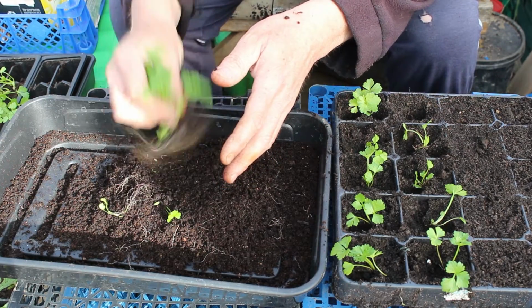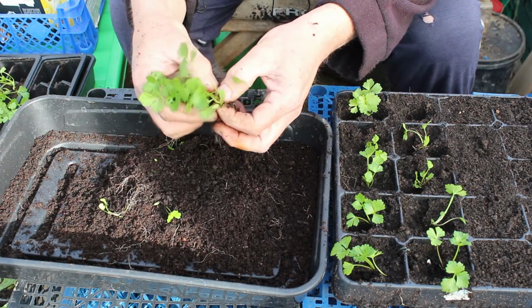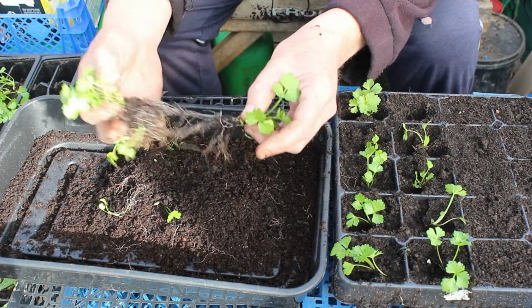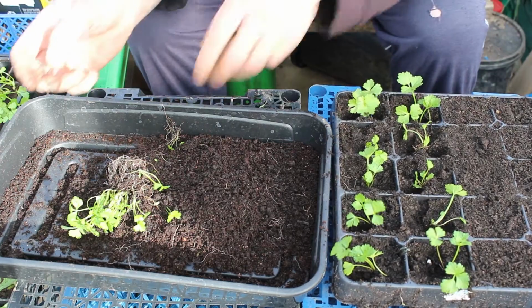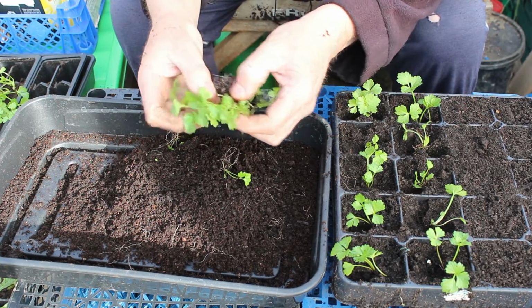Another thing this method works really well for is leeks. You sow a load of leeks in a pot. You might have 30 or 40 leeks. Just take the soil off, wash it off if you have to, and you'll be able to do the same thing. I mean, these are fabulous little plants now,